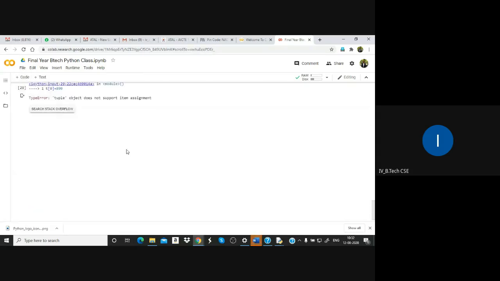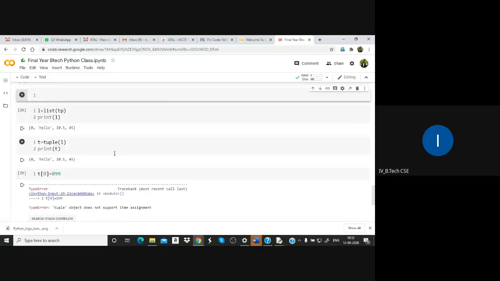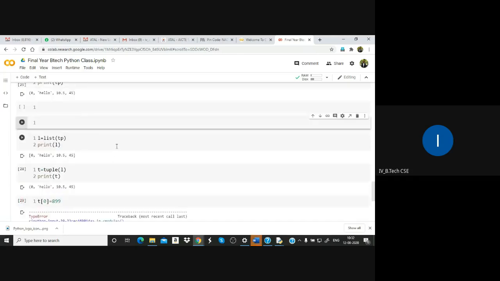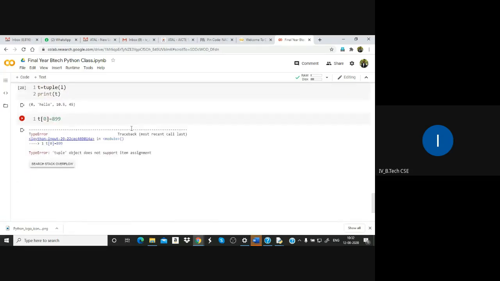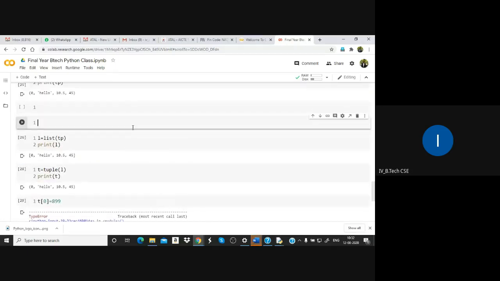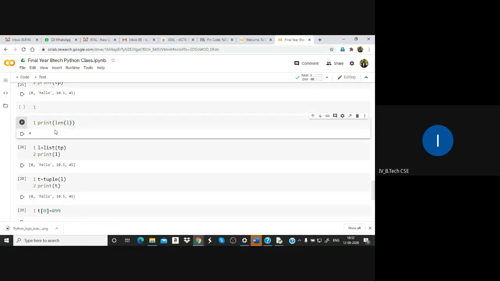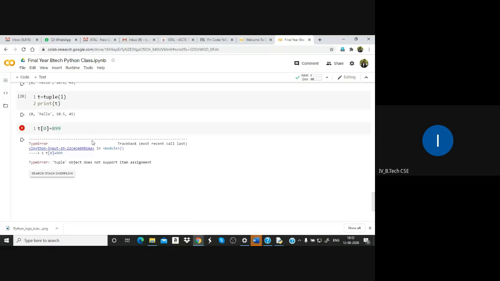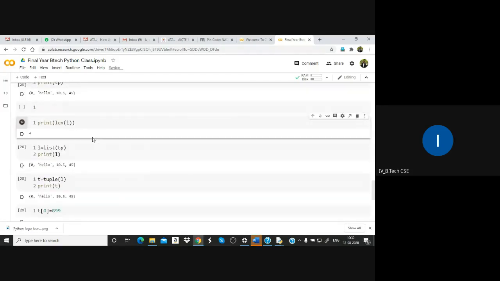You can find the length of this particular tuple using the length function. So the tuple t is there, so print the length. You got 4.